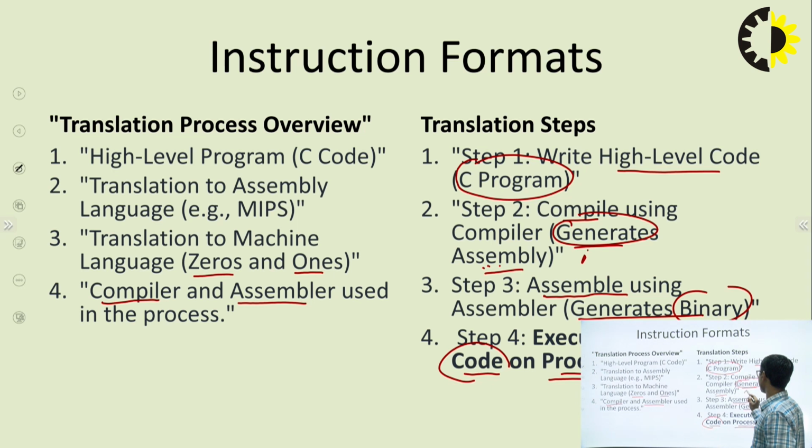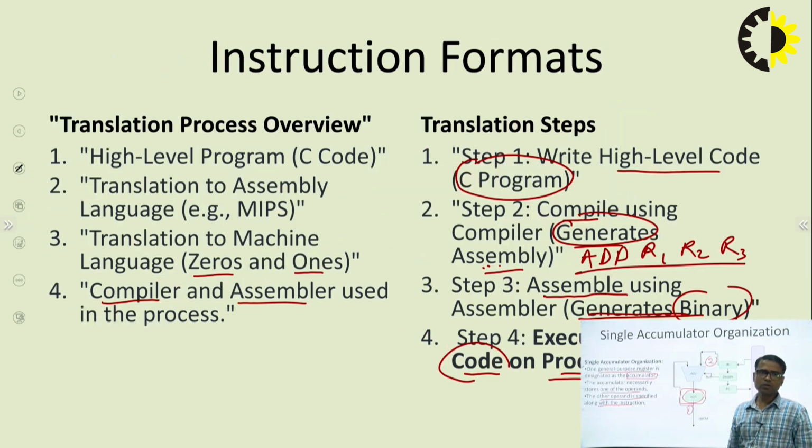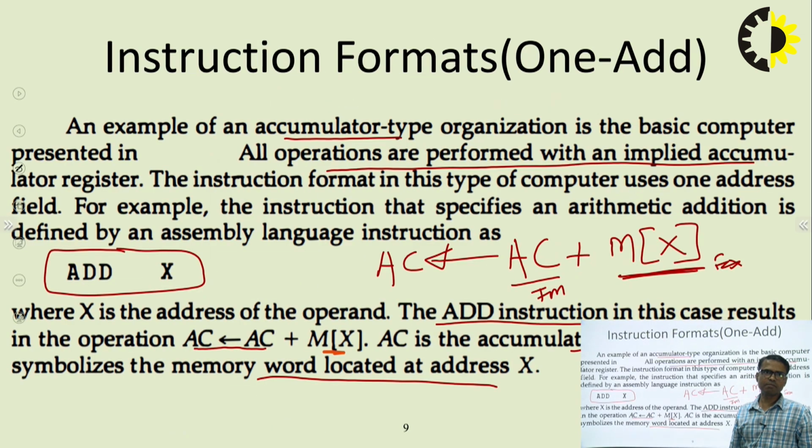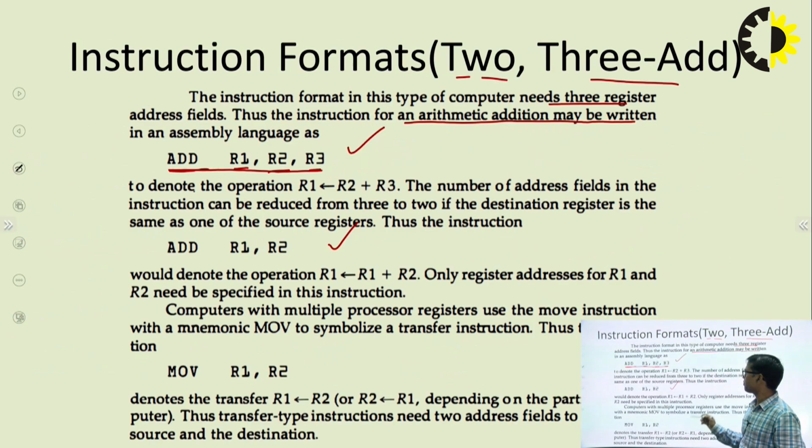So when we are writing this, add R1, R2 and R3. So this is the outcome of the assembler. Finally, this add instruction goes to the assembler unit that generates the binary code. So we should understand this in our mind, that when we are performing this assembly language notion of instruction